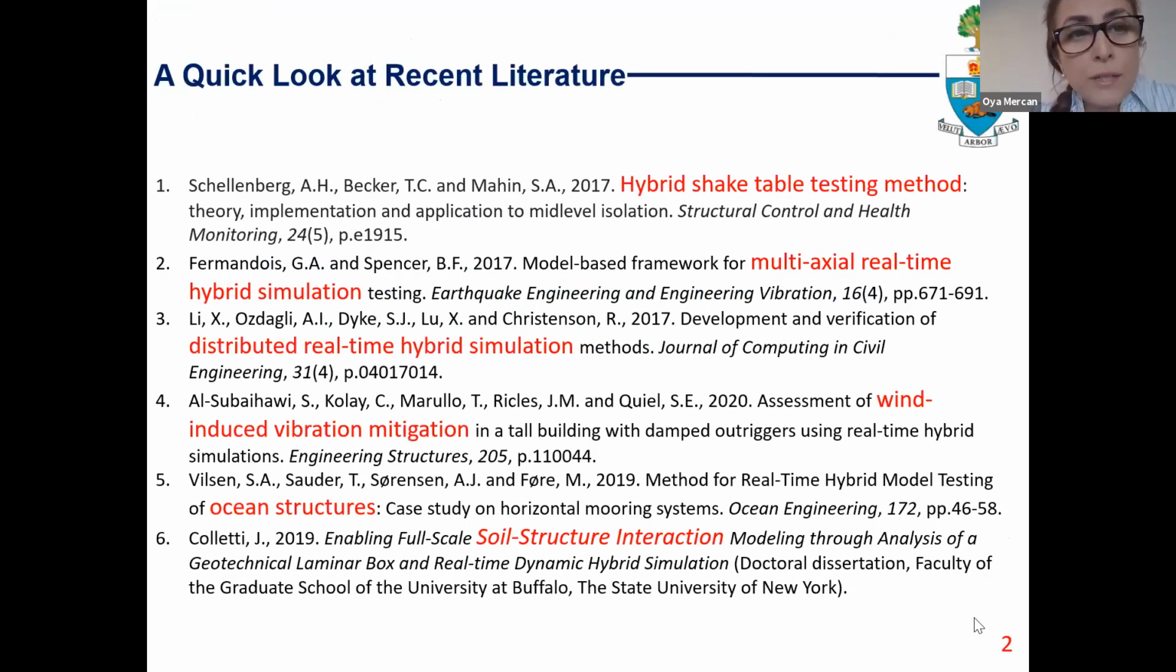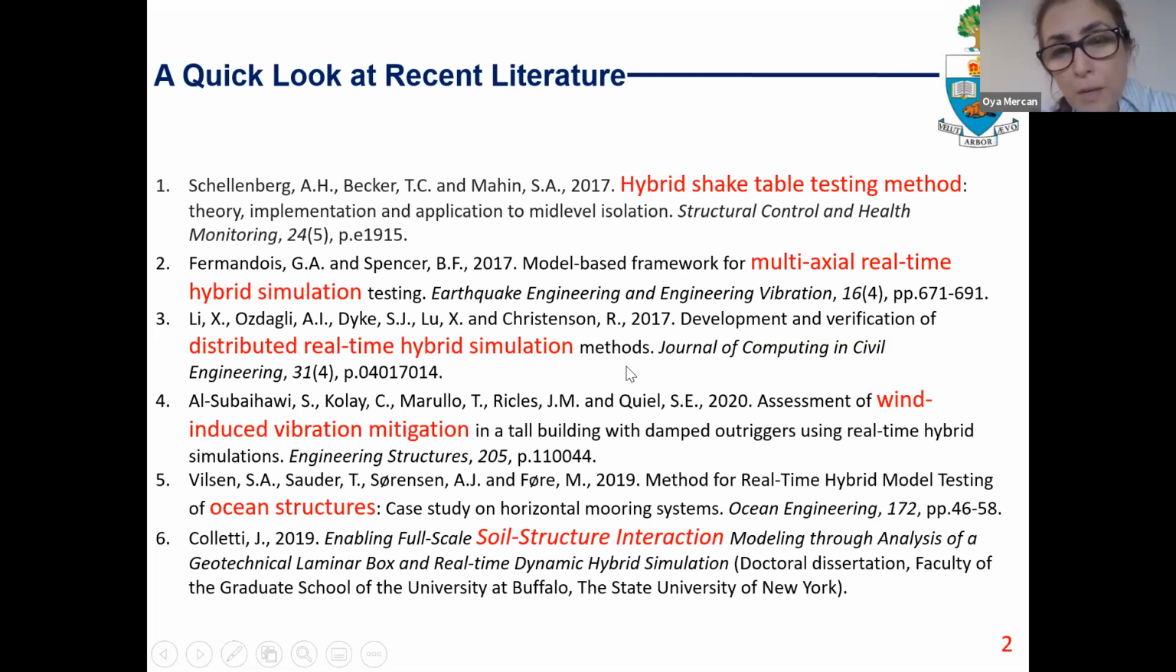Before we start the presentation, if we take a quick look at recent literature, we can see that real-time hybrid simulation is a state-of-the-art testing method that is very versatile. If we look at the first study, they have implemented this testing method using a shake table. In the second study, the application included multi-axial loading instead of single-axis loading. In the third study, we can see that the